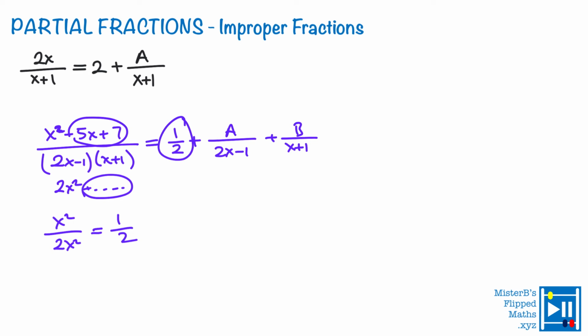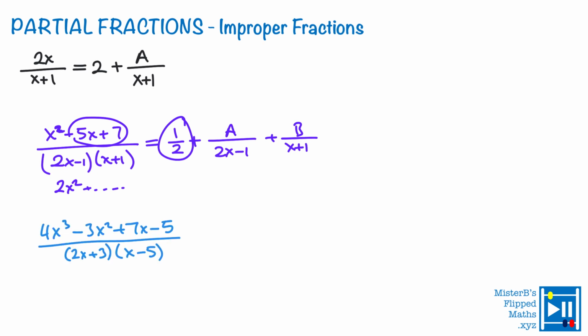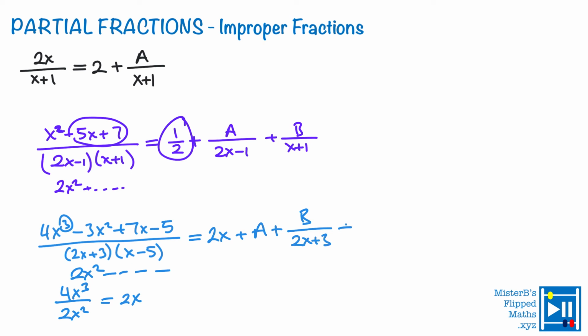Or, if you have something like this, then you're going to check the degrees again. You can see that the numerator is degree 3 because of this power here, and the degree of the denominator is 2 because if you expand it, you're going to end up with 2x squared and something. So if you consider 4x cubed over 2x squared only, you will end up with 2x. So you can start your partial fraction decomposition as 2x plus a plus b over 2x plus 3 plus c